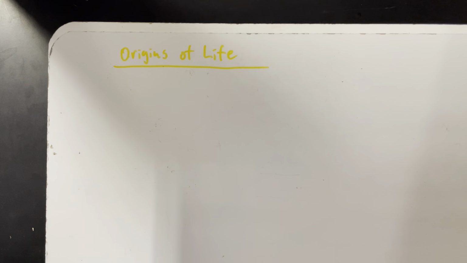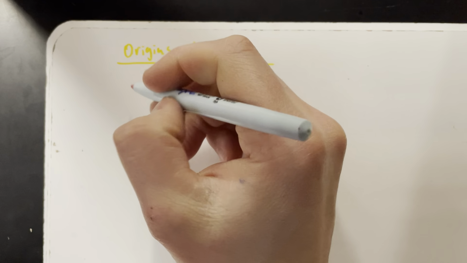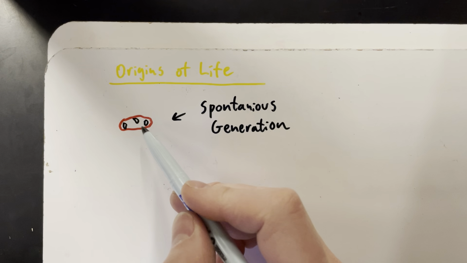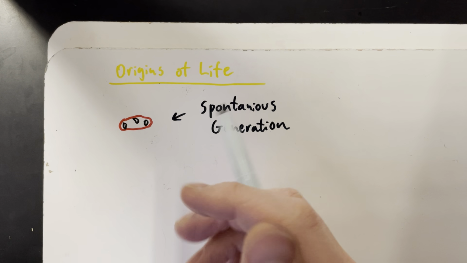So back in the day, before they knew about microscopes, they were like, hey, look at this. I take a piece of meat, I let it sit on the counter, and all of a sudden, maggots just appear out of nowhere. This was called spontaneous generation. They used to think life can just appear out of nowhere, right? Because they didn't really understand where those maggots were coming from. We know where the maggots come from? Flies. A fly zips along, lands on it, drops off some eggs, and flies away, right?